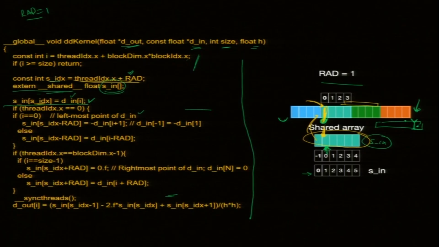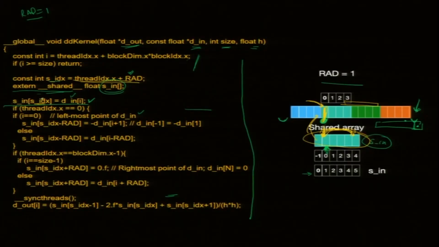So, the shared memory is being filled up. The obvious thing is to just fill these 4 numbers. They are filled by threads 0 to 3, but the array index for the shared array is 1 to 4. Is that clear? I mean, I am belaboring this point. So, this index is 1 to 4, but my thread index is 0 to 3, and this is being done locally in the block. It is not going outside.